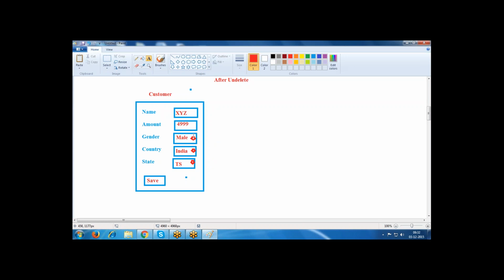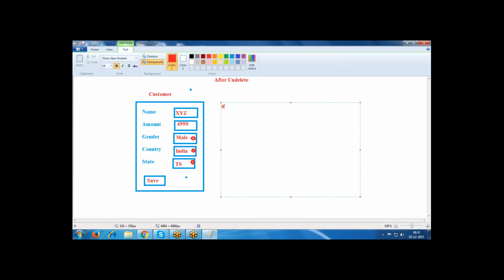Now whenever I am saving the record, my requirement is if gender equals male, I want to append some extra data, Mr., to the name. Whatever name is there, that name I want to store. If gender equals female, then I want to store